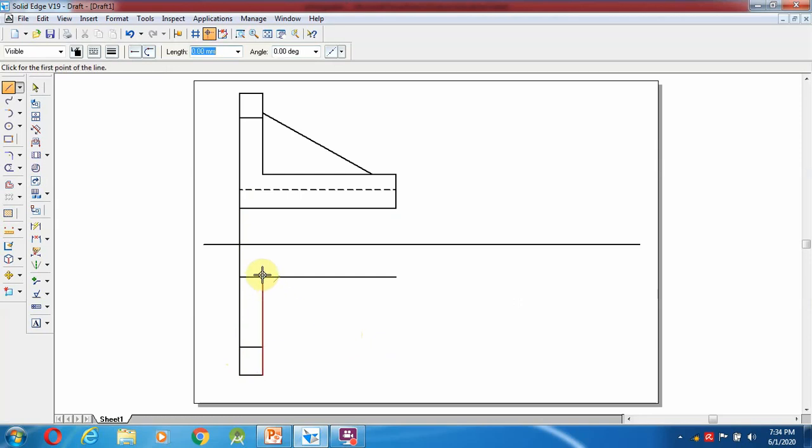From here, 16 mm distance, join over here. After joining this, one portion, this area, is completed. Then select over the end.